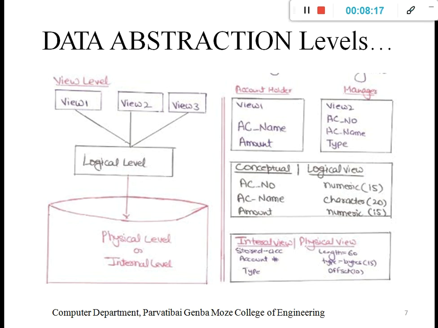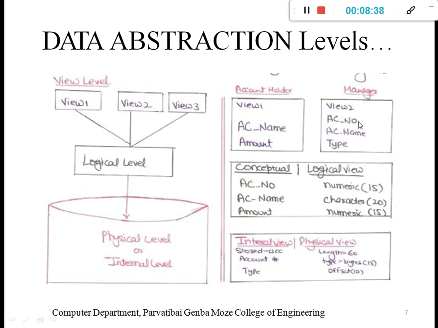Then abstraction levels with an example. First is the view level: view 1, 2, 3. A user can view account details, or a balance, or change the password, or see the mini statement. Then there may be multiple views, like account holder views and manager views.